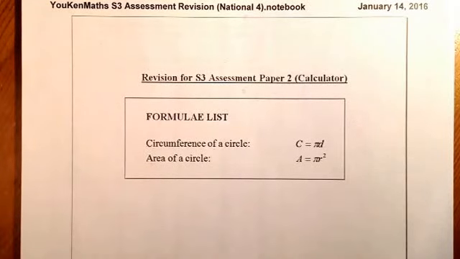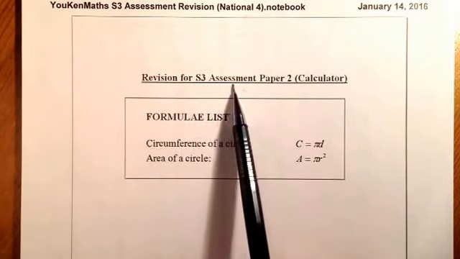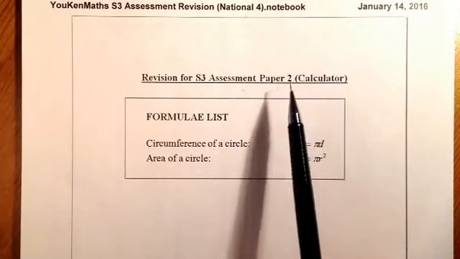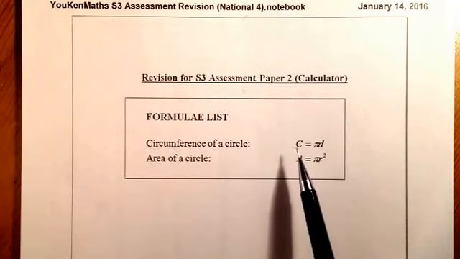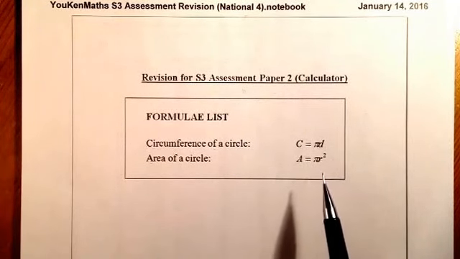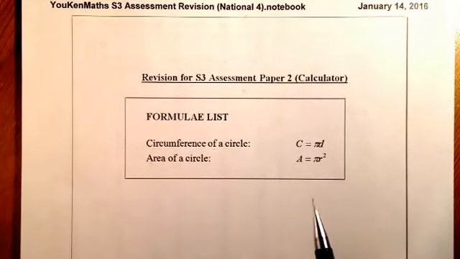This is the third video clip looking at revision for S3 assessment. It's the Calculator paper and it's at the National 4 level. This is a formula list that you're given. In this session, we're going to look at questions 17 through to 24,